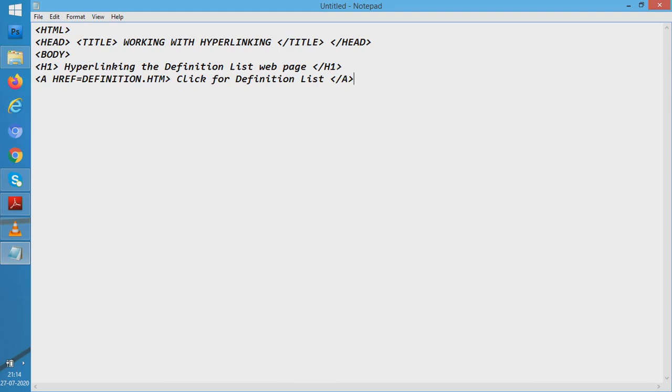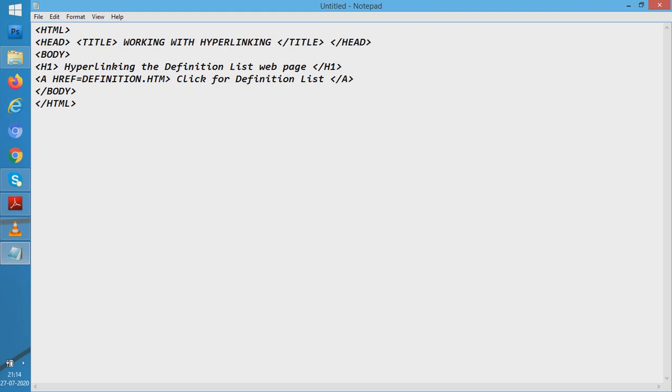Similarly, here we can link one given web page with another web page using the anchor tag, that is the a tag. And href is the attribute where we actually write the name of the file that is going to be linked, that is the name of the web page that is going to be linked. Now I have done that, student. We will now close body and we will close HTML.